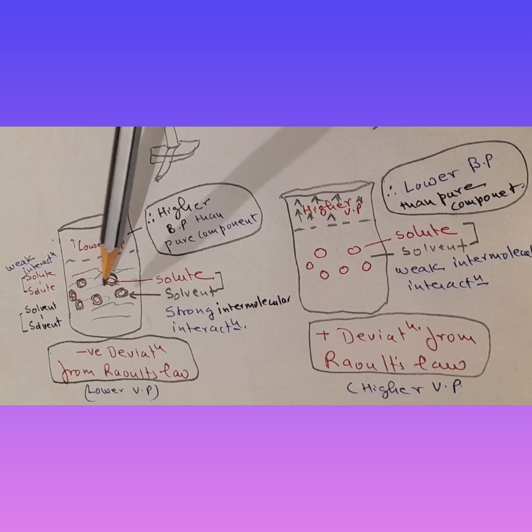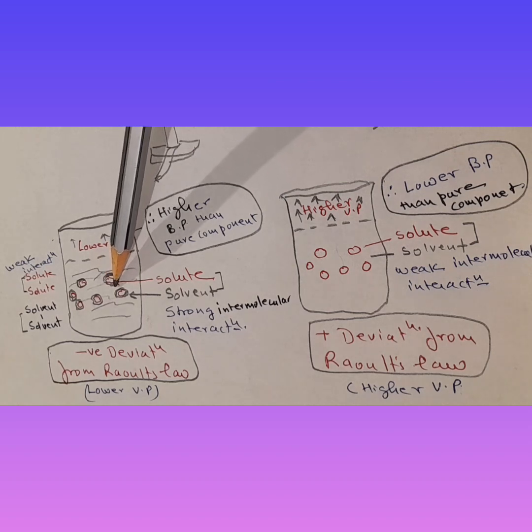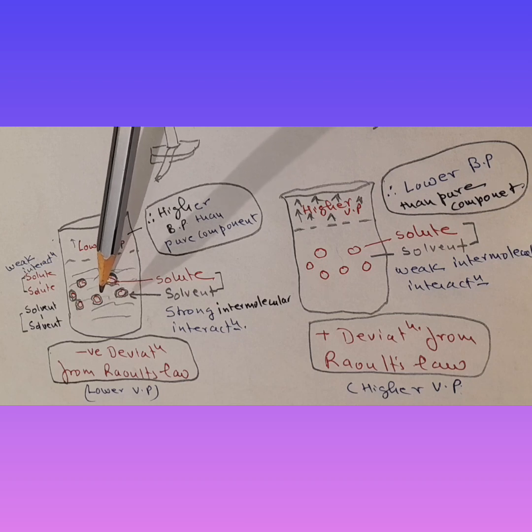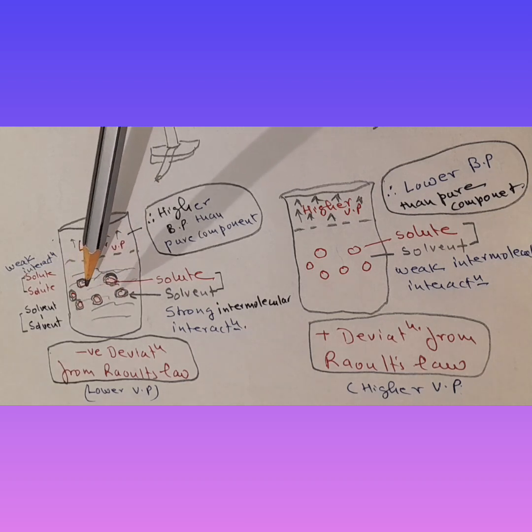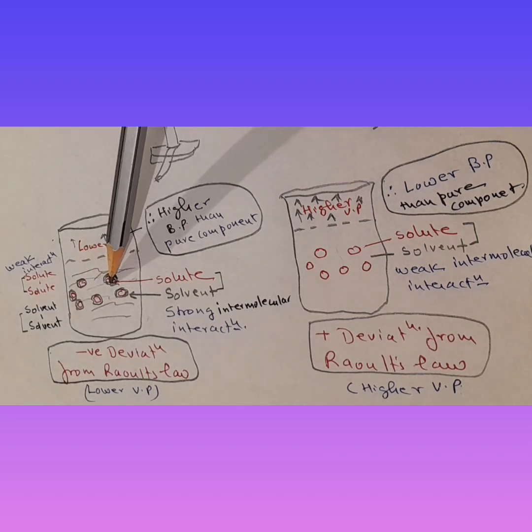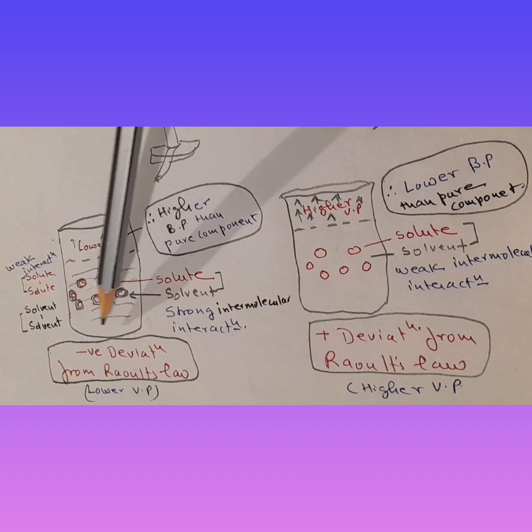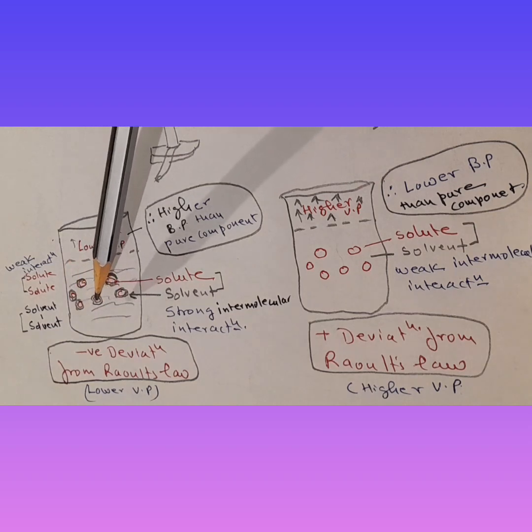Now in this case, solute and solvent, red and pencil, these two are very interactive. Alright, so there is a strong interaction between solute and solvent, owing to which it does not